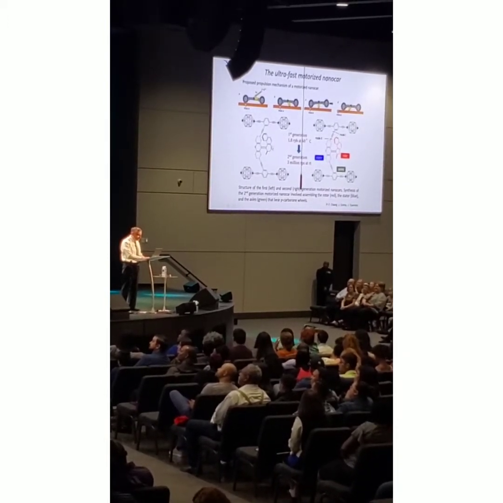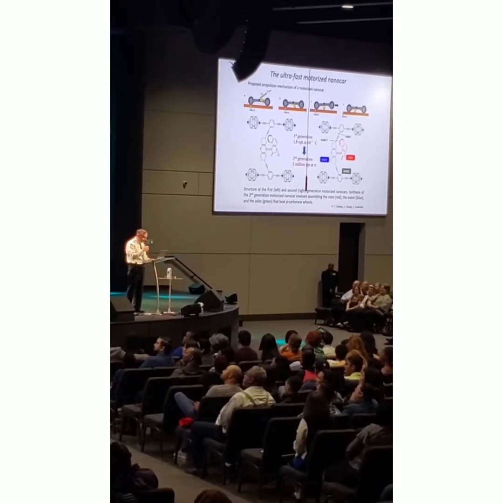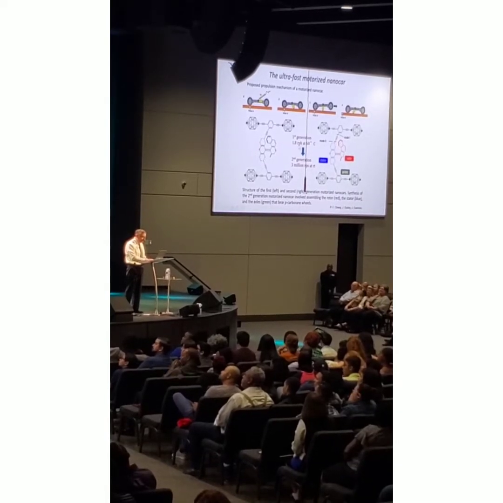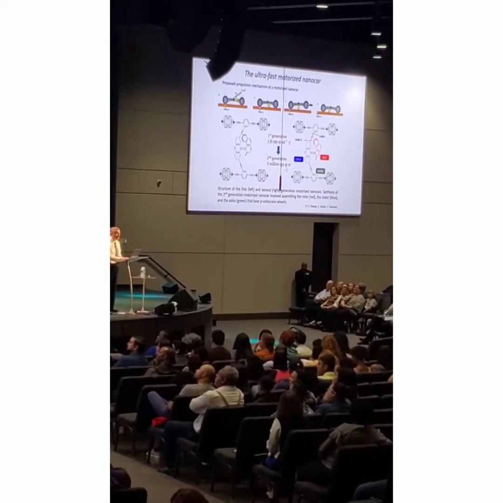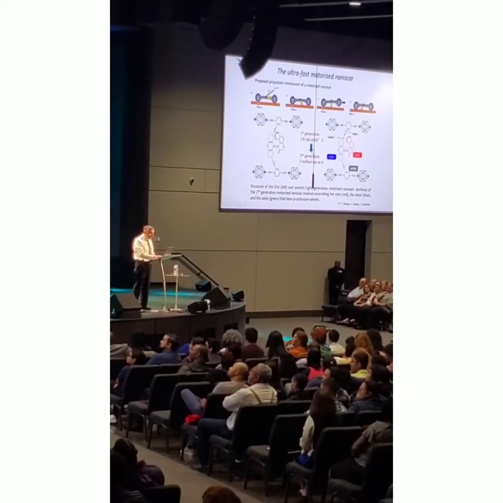So this was the first nanocar we made. It had this little rotor here, and we would shine light on it, and it would spin, but it only would spin at 1.8 revolutions per hour. Not very fast. But when we pull this sulfur out and go to a 5-member ring here, then it would spin at 3 million rotations per second. That's screaming fast. Little change makes a big difference.